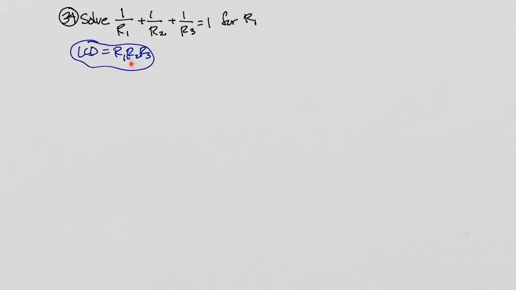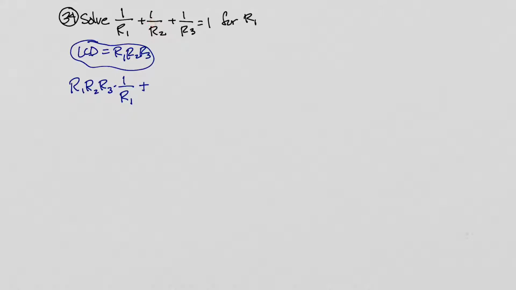So now we're going to multiply every one of these original terms by the LCD. So just write the LCD right alongside each one of these four originals. So let's do that. We are going to get R1, R2, R3 dot the first one, R1. There it is, R1, R2, R3 alongside the first one. Plus,